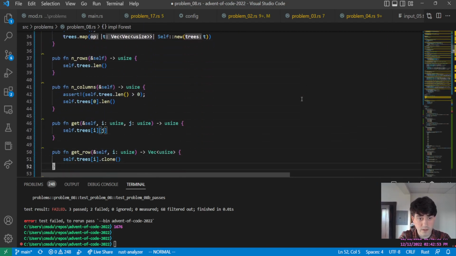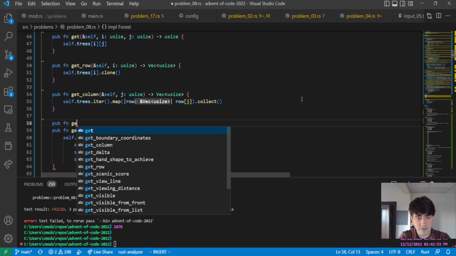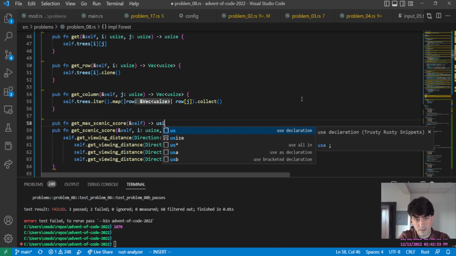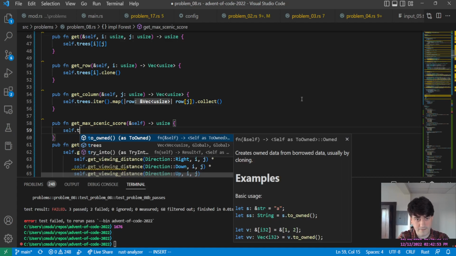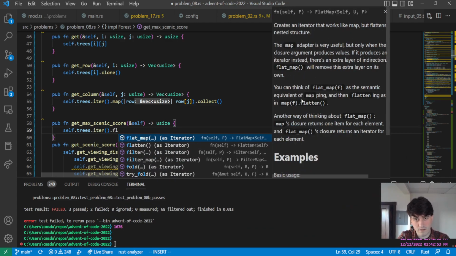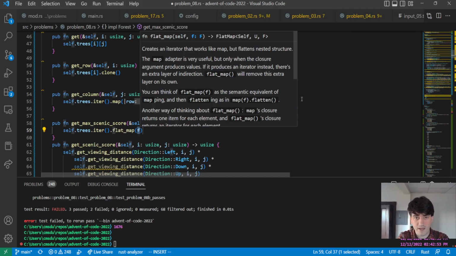And I guess we will go ahead and implement that. Pub function get max scenic score. And this will be self.trees into iter flatten, flat map